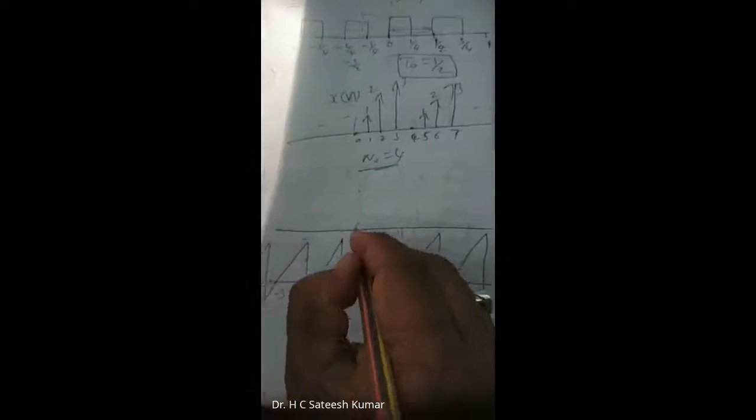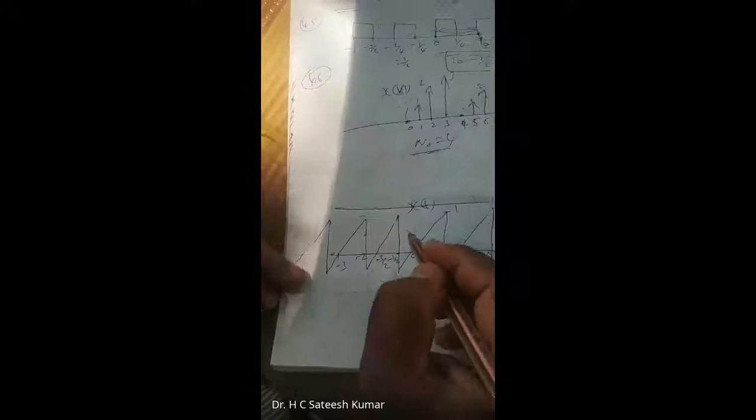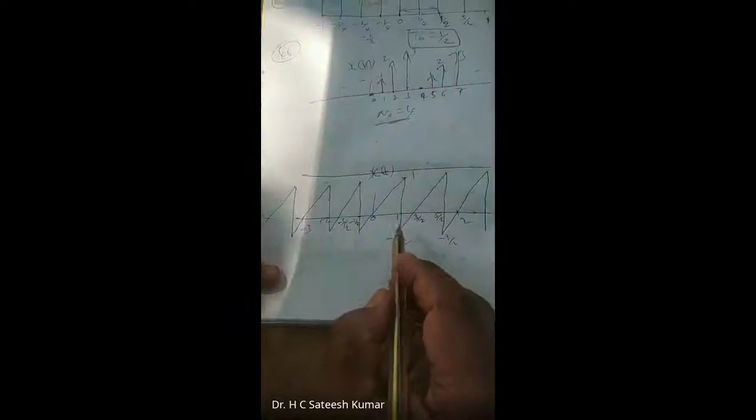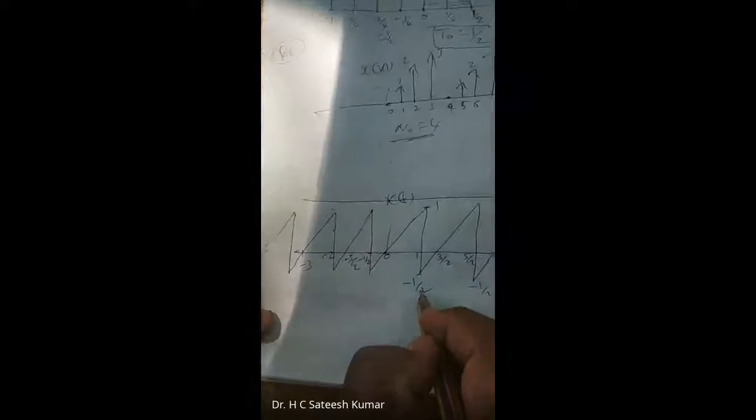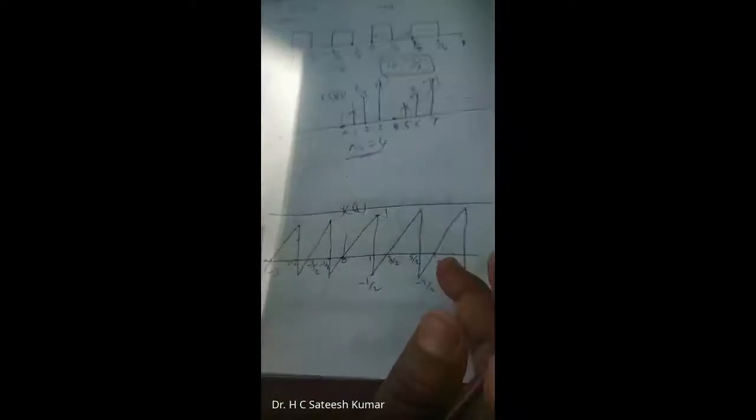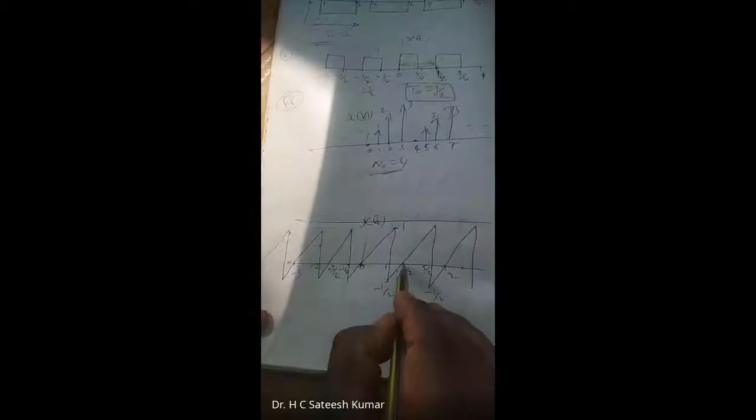So check for the periodicity. What is the period? So it is crossing here. So this side is 1, this side is minus half. No problem, still it is repeating. So what is that? You take from this point 0 to 3 bit. Same thing, it's going up now. So therefore it is 3 bit. So that is very difficult to calculate.